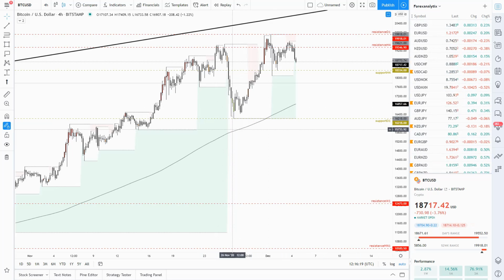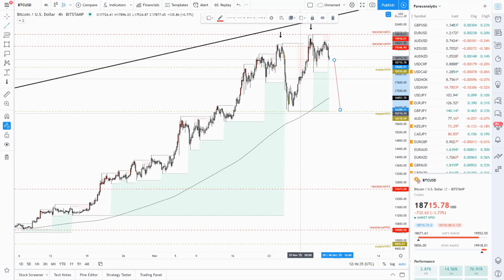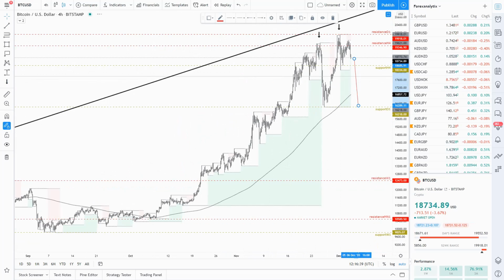Of course, it will not act as a technical double top, but we may face this as a double top if the price decides to go immediately, and when I say immediately, I say aggressively. If the market falls aggressively into these previous lows, I can see this shape as a potential double top.